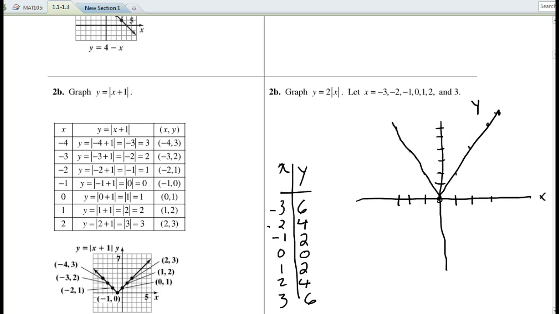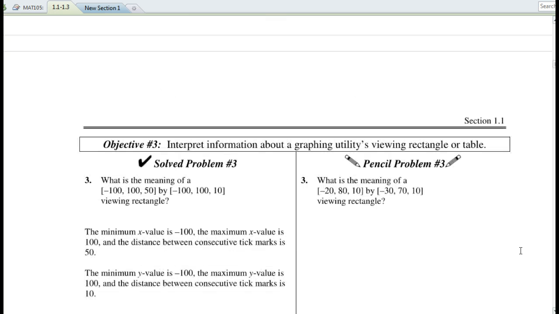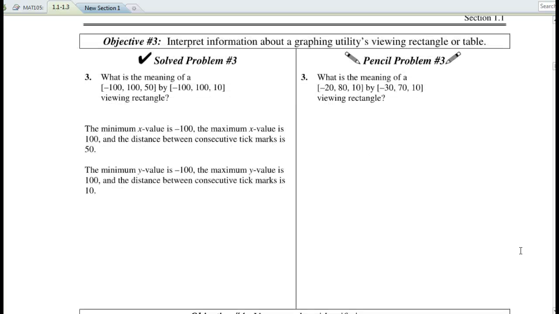Here's the other half. It's like the line y equals x with the other half flipped about the x-axis as a mirror, left of the y-axis. Alright, this viewing rectangle, what it's really telling you, so when we look at the values, negative 20, 80, 10 by negative 30, 70, 10, it's telling you the x min, the x max, and the step sizes in the x